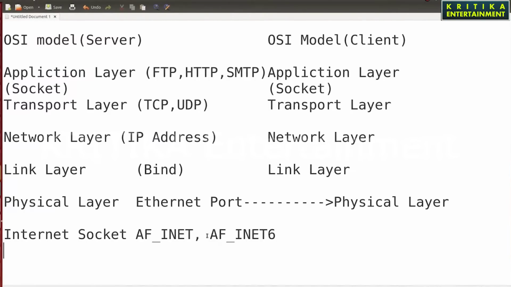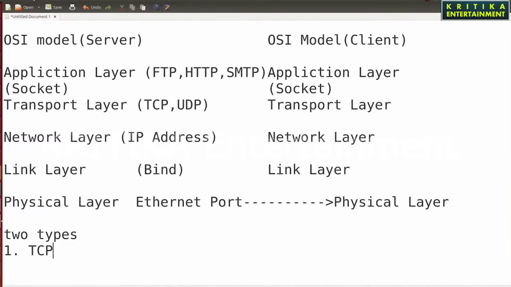For the internet, there are actually two types of sockets. First is the TCP socket, second is the UDP socket.